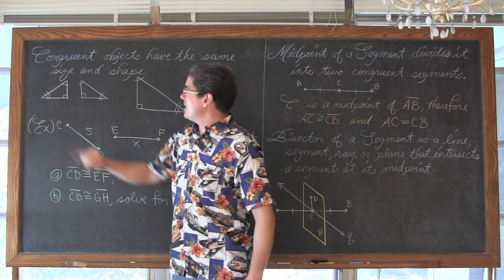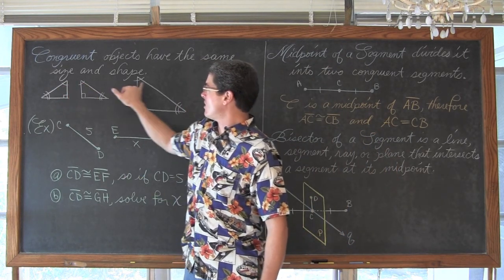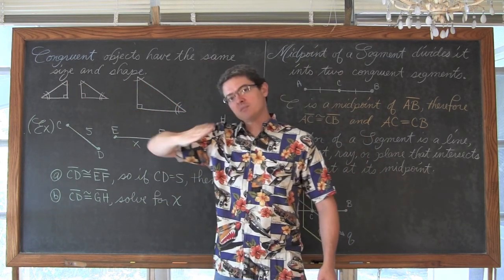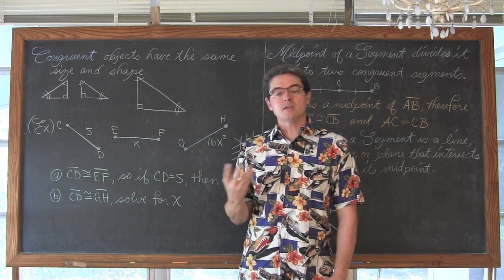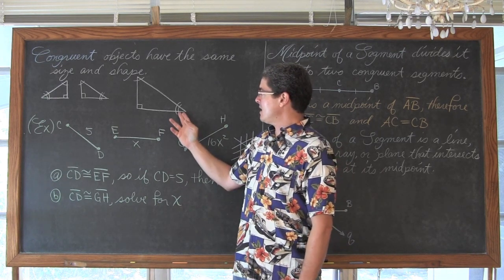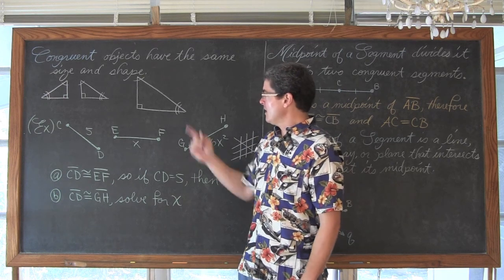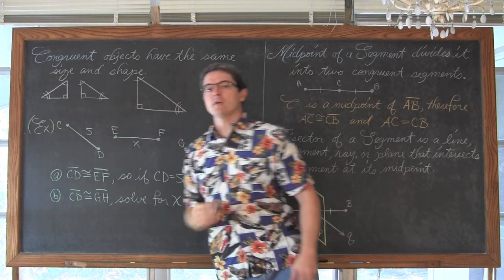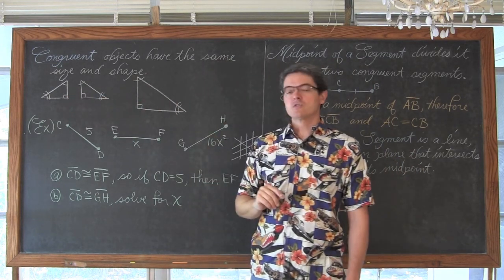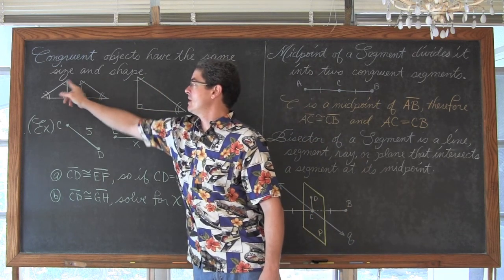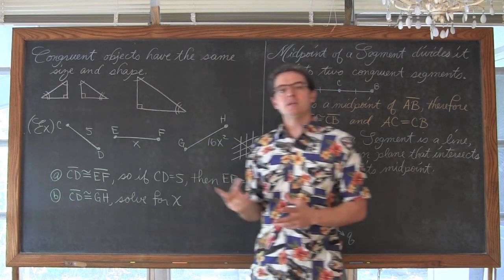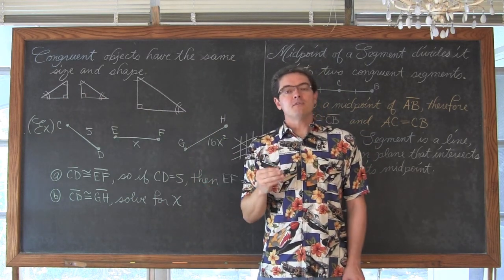And what I've done here is I've put some single arcs through the corners of these right triangles. The fact that all 3 of these angles have that same single arc in the corner is my way and the textbook's way of indicating for you that those angle measures are equal, or equal measure, they have the same number of degrees in them all. And then I've got double arcs through these angles, so they're also all the same measure. So all 3 triangles have a right angle, all 3 have an angle of some measure here, and then this matching third angle. I'm indicating that all 3 of those triangles are of the same shape.